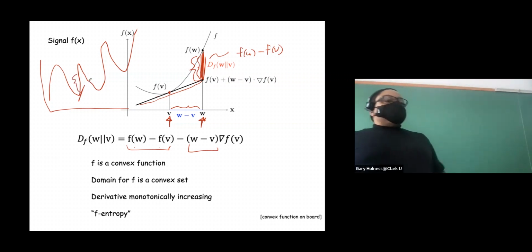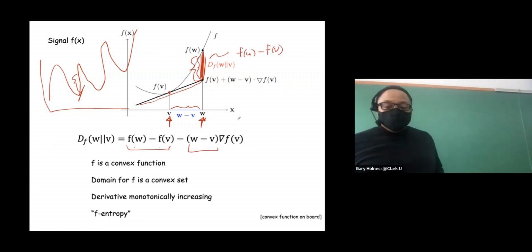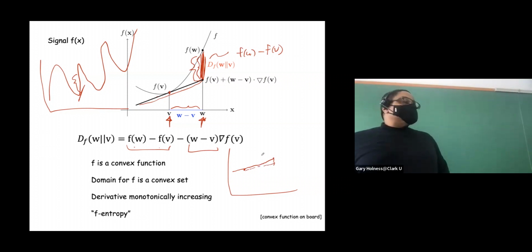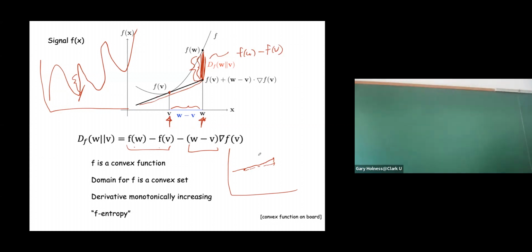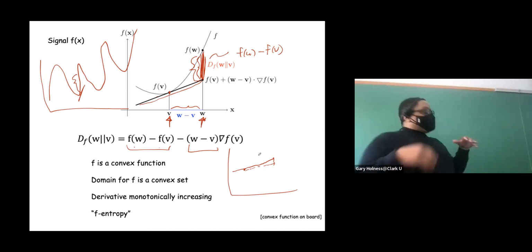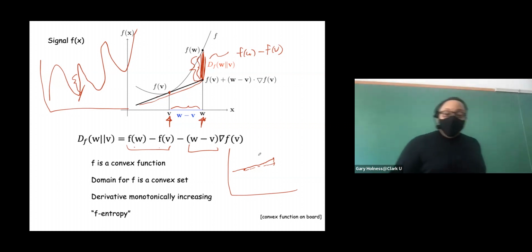Does that make sense? And so the more varied your function is, the higher this Bregman entropy is. The less varied your function is, something like this, does not increase very well. That difference is going to be much smaller. Does that make sense? And so it's an important aspect of entropy. The reason I spend time on that is because there are some signals where you want to be able to define your own transformation on it and still talk about this idea of information content. Does that make sense? All right.